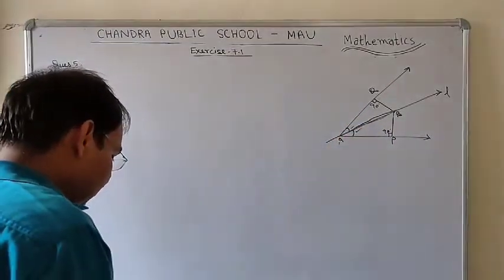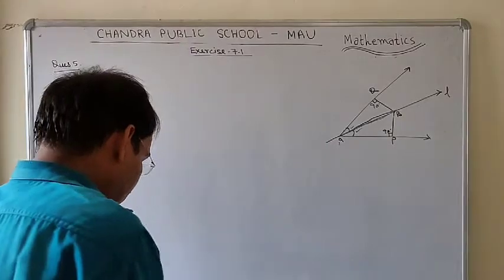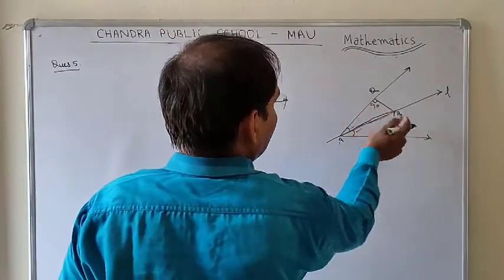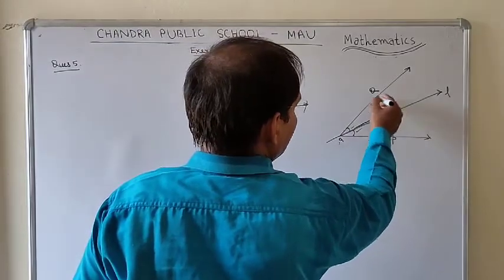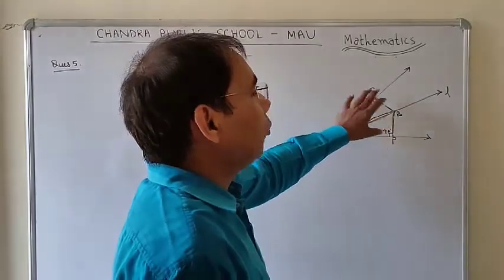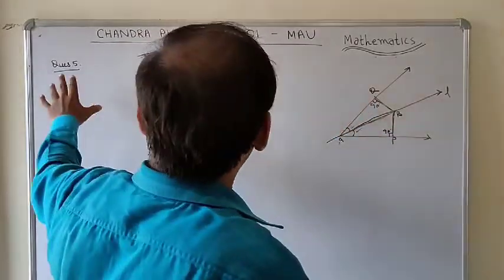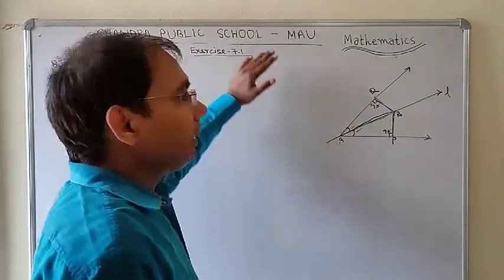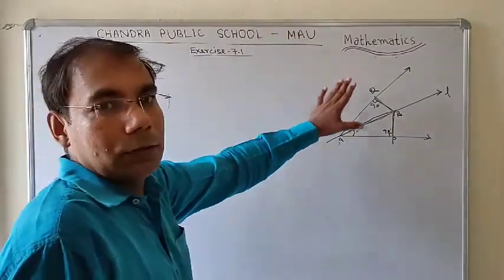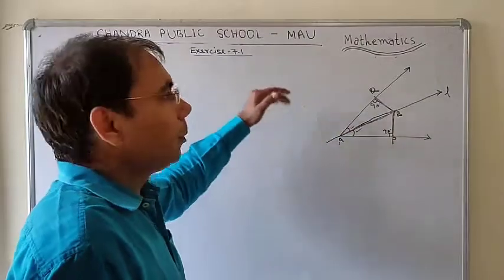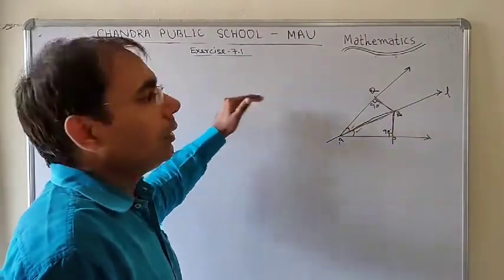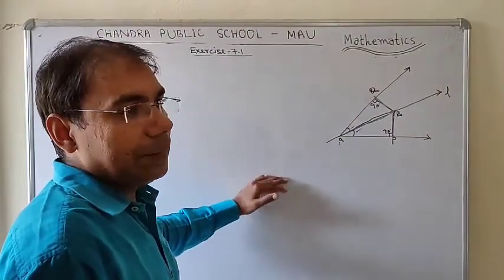In the second part, it is asked that you need to show BP equal to BQ. If you are able to prove the two triangles are congruent, then by CPCT, BP equals BQ. So for the second part, you only need to write by CPCT, BP equal to BQ. So kindly do question number 5 with the proper steps, and again I want to repeat that you need to draw the diagram before solving each and every question, then write given, to prove, then in the proof you will write the complete statement.